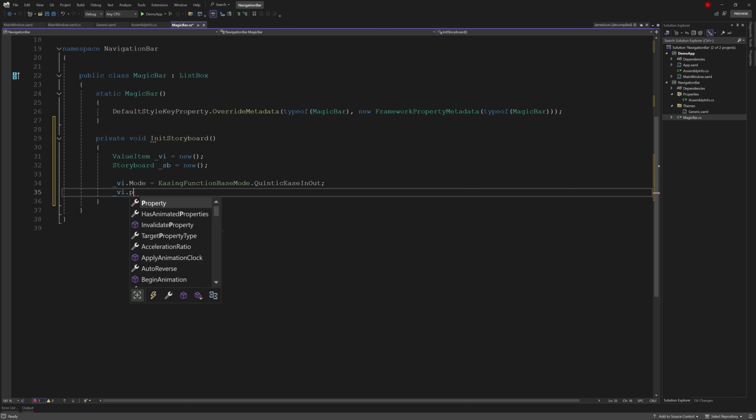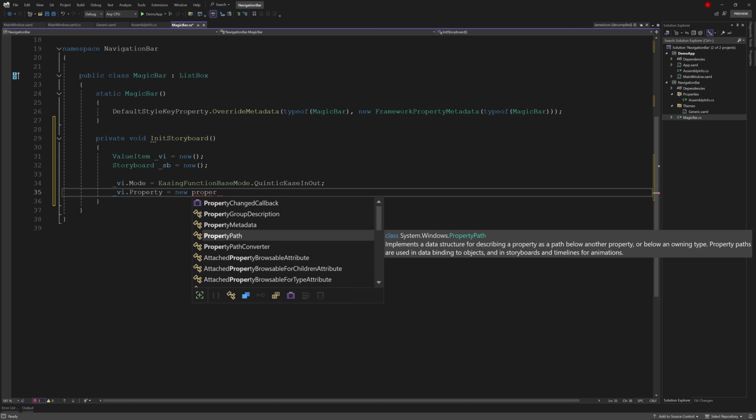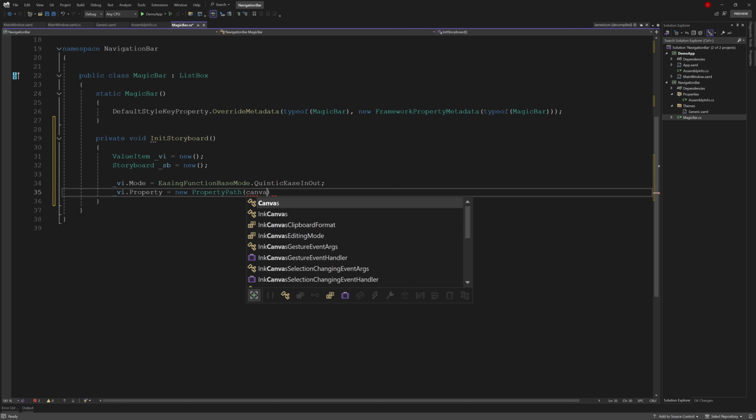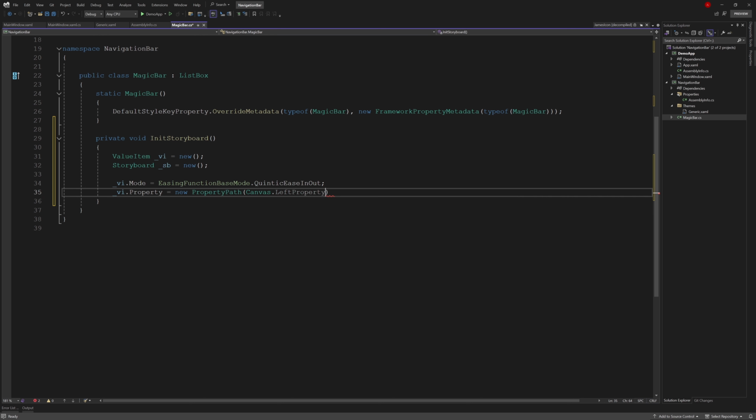Now for the property, in XAML we could write it one way, but here we write it as a property path, Canvas.Left property. For duration, in XAML we used to write it like this.